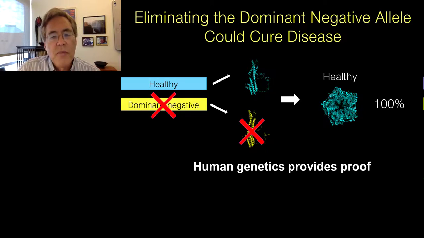But now we know for sure when we go and examine the parents that those parents have absolutely normal vision, and therefore essentially the experiment has already been done for us. So if we can, with CRISPR, now go in and take out just the diseased version of the gene with CRISPR, we should have a healthy